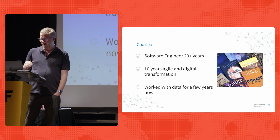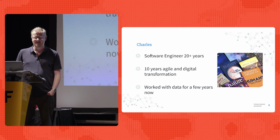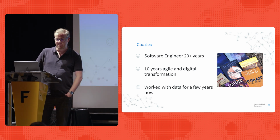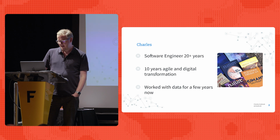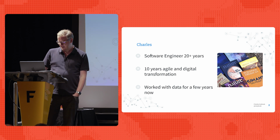So I think during a lot of these agile and transformational things, I realized that data was neglected, yet it was so important to improving users' experience in many ways. At Springer Nature, we have a lot of data, as you could imagine, a lot of data engineers, data scientists, and there's a lot of work to do, especially trying to work out where our cloud bill actually got spent